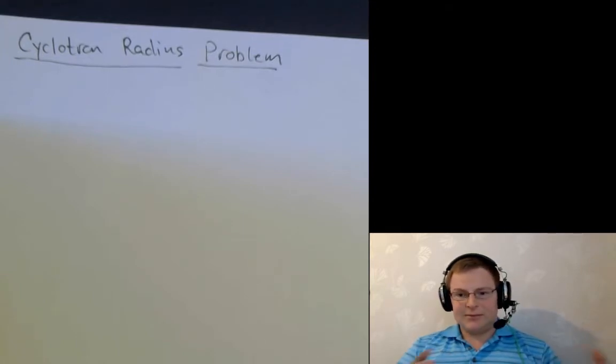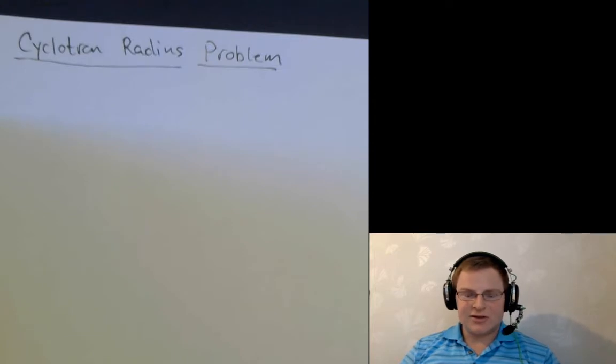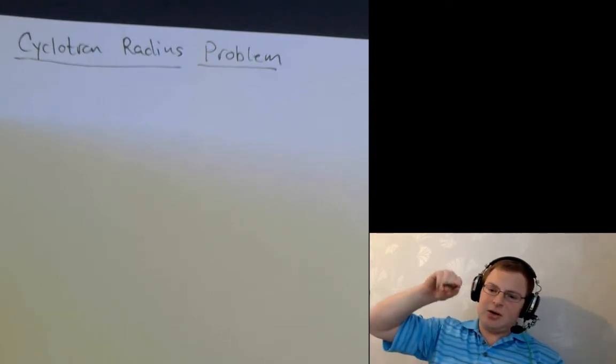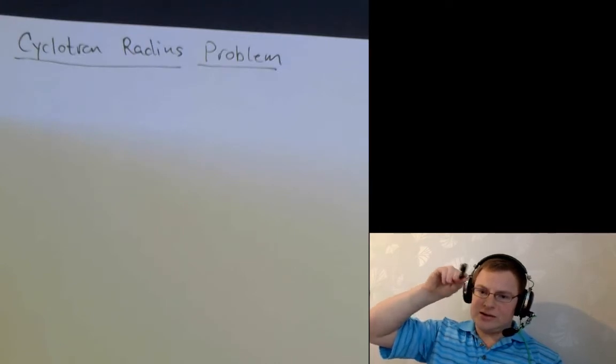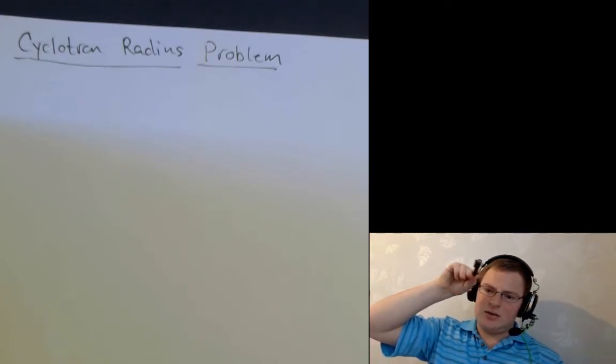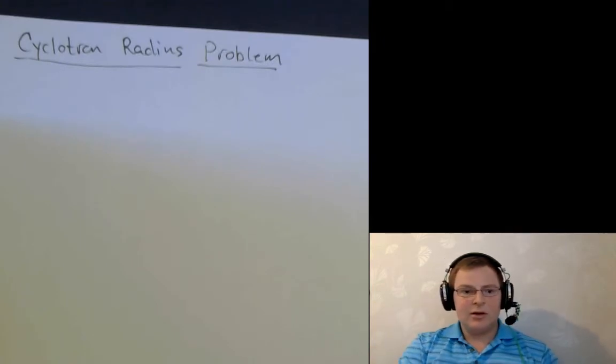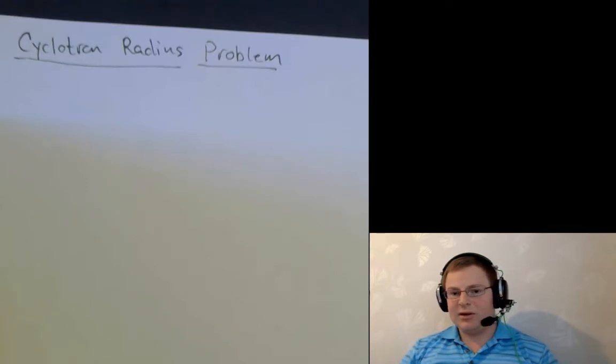Someone wanted a little bit of extra clarification as to what this question actually means. What it means is that as the particle's going around in a circle in the cyclotron, why is it that if it's constantly getting more energy added to it, the next circle gets bigger by a certain amount, the following circle gets bigger by a smaller amount, and the next by an even smaller amount? The answer, in short, is kinetic energy, but I'll take a little bit of time to show you exactly